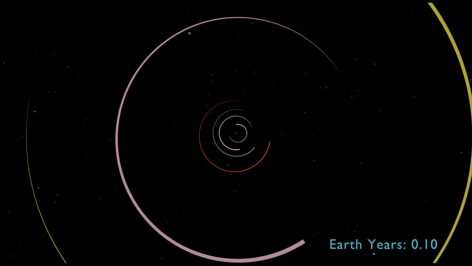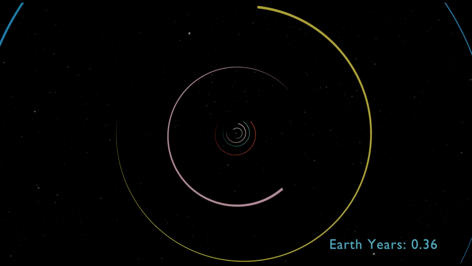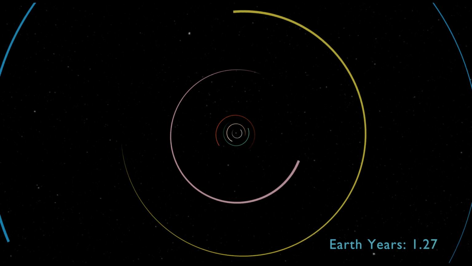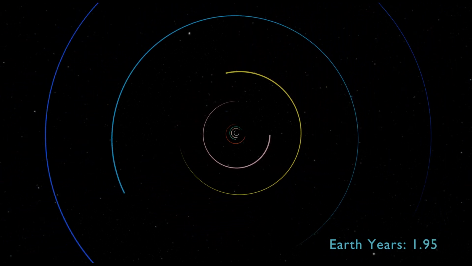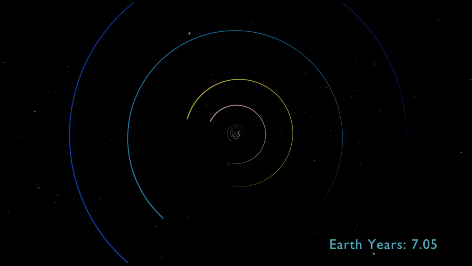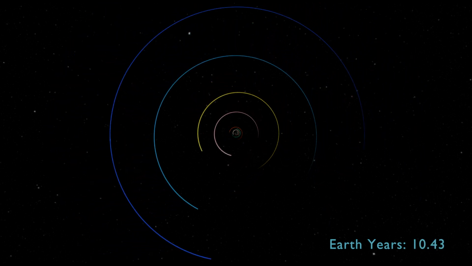and then some more, and some more, and some more, we can see the closer a planet is to the Sun, the faster it moves, and moons do the same